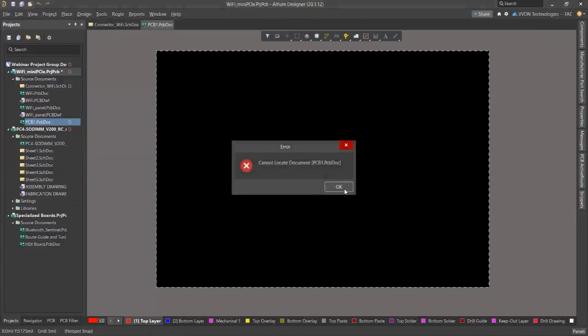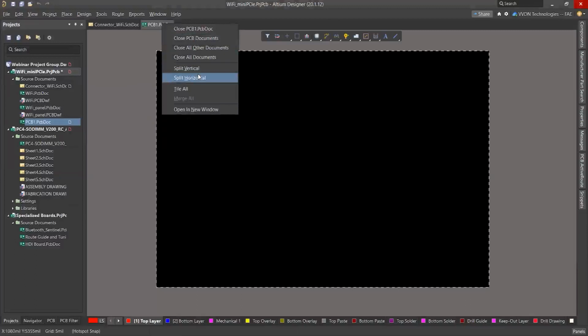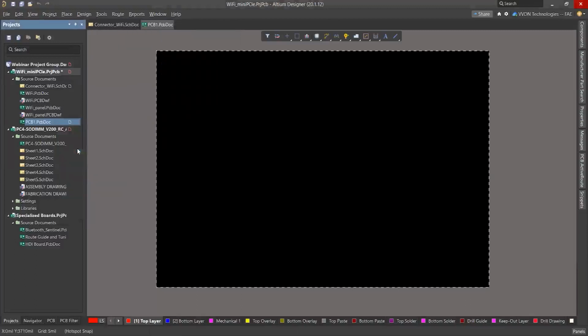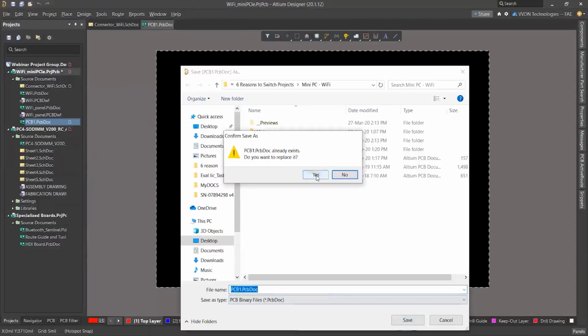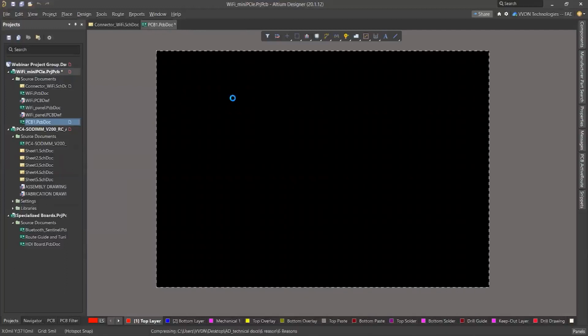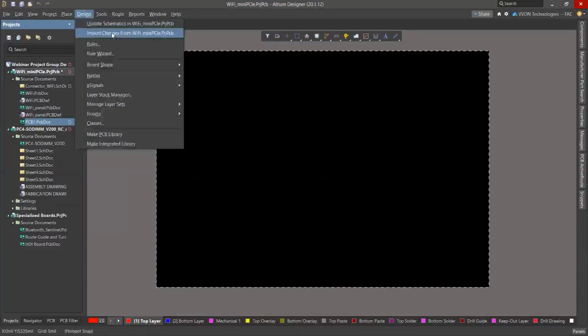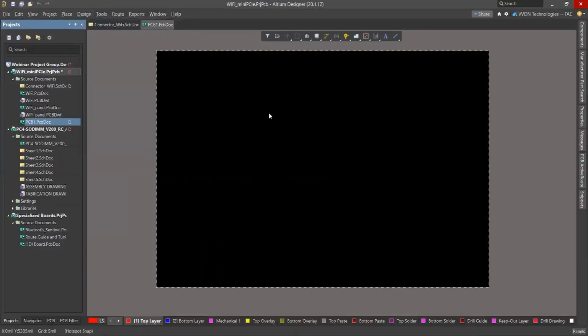Under Design, Import Changes from Project. First you have to save this project. After saving this project, you can import your changes. Under the Design option the Import Changes option is there, so we can import. One window will appear, and in that window we have to validate our components.